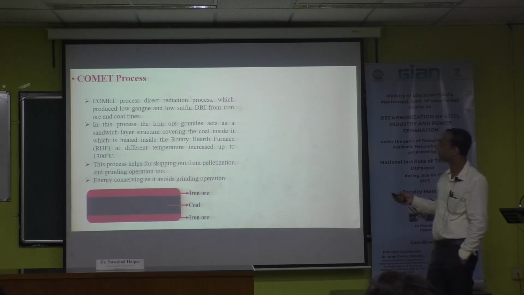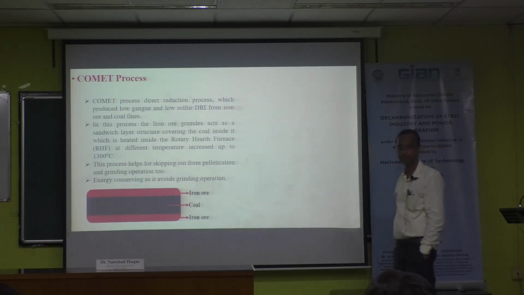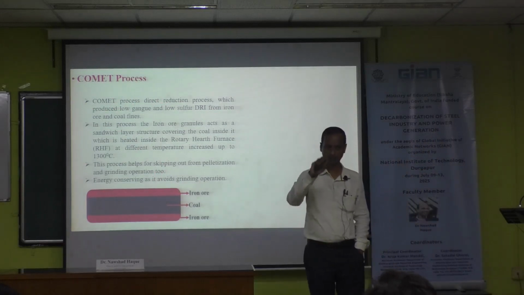In this comet process, what happened? Comet process is a direct reaction process. Sandwich layer will be there. Generally, it operates in RH. RH is slightly